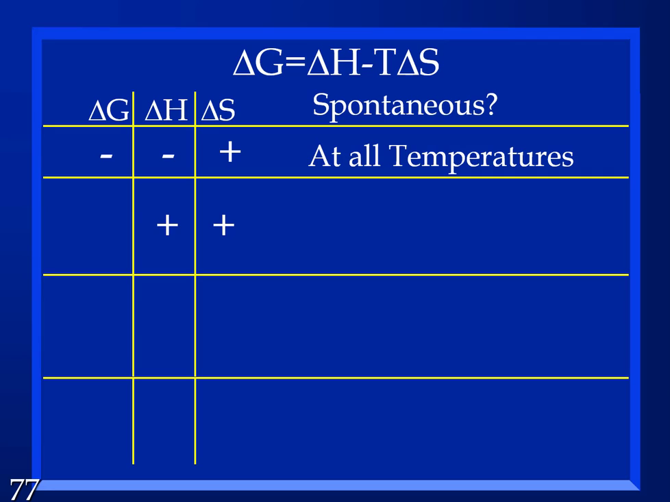Okay? What if they're both positive? Positive minus a positive, the temperature is going to make a difference, right? And if I want it to be spontaneous, I need it to be a negative number. So I need the second number to be bigger. I need to subtract a bigger number, right? So if it's going to be negative, it's only going to be negative at high temperatures. If I get the temperature high enough,